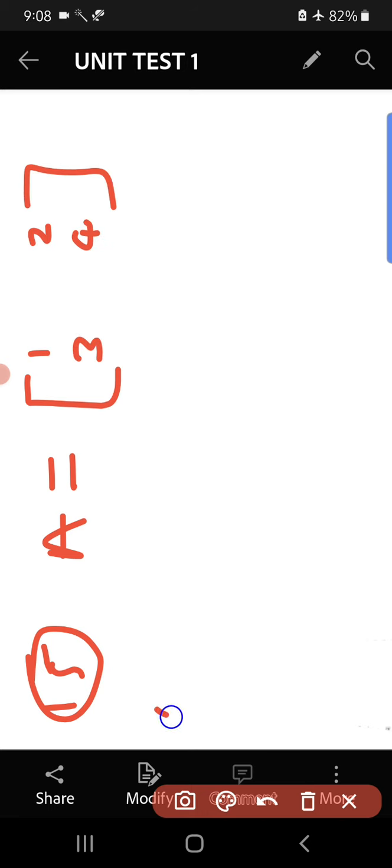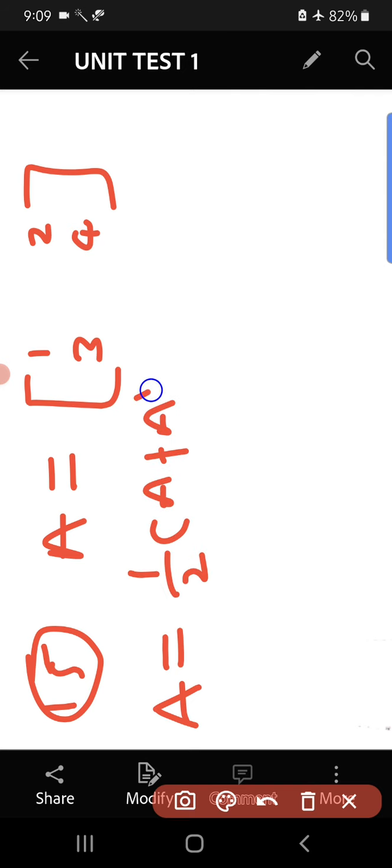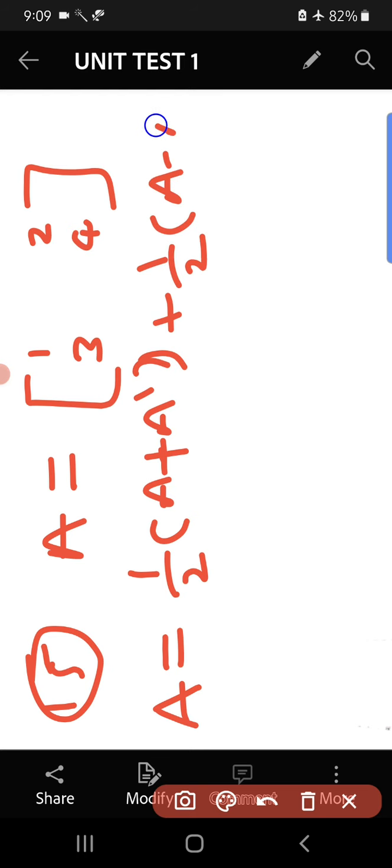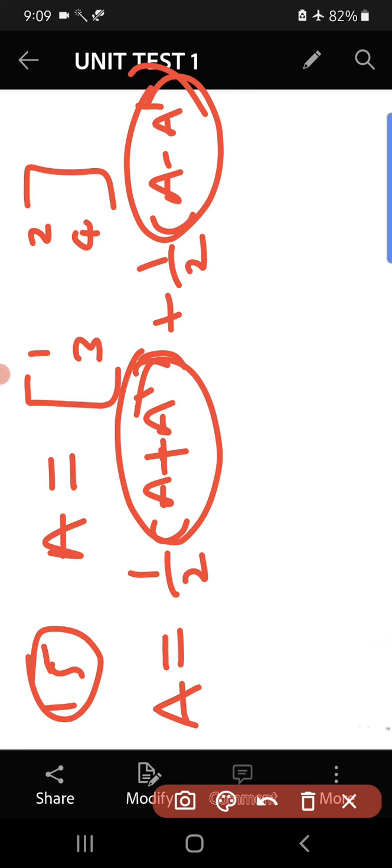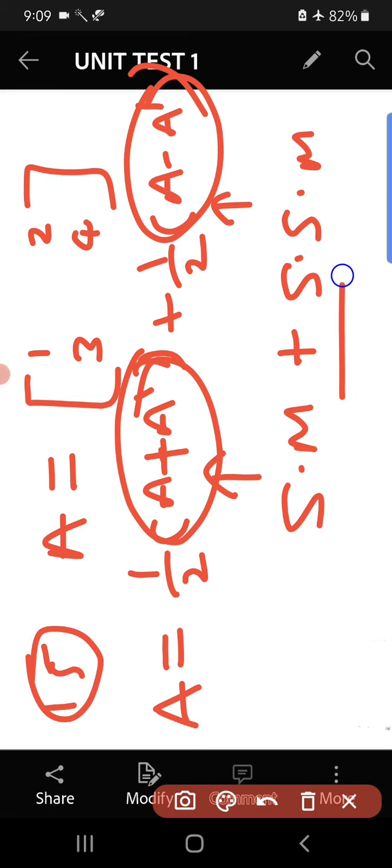Here the matrix is given as 1 2 3 4. You know, any square matrix can be written as the sum of a symmetric and a skew symmetric matrix. So now we have to find A plus A dash, then A minus A dash. After finding these, you replace this answer and this answer. This is the symmetric matrix, this is the skew symmetric matrix. So let us find out one by one.